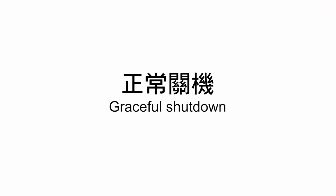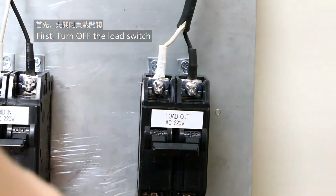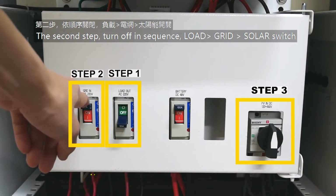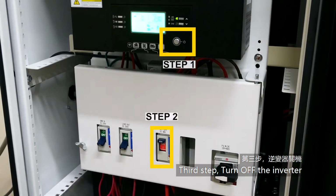Graceful shutdown. First, turn off the load switch. The second step, turn off in sequence: load switch, grid switch, solar switch. Third step, turn off the